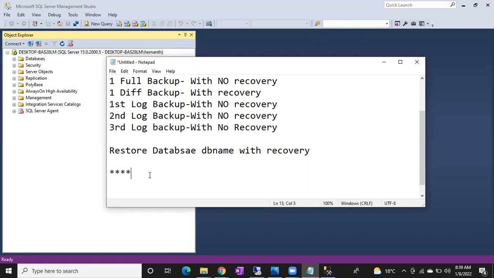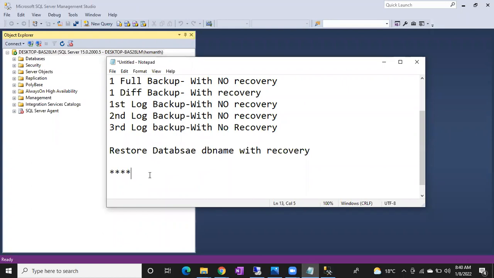Lower to higher, any version is possible, you can restore. But higher to lower, you cannot, even from 2019 to 2017. The next lower version also you cannot restore. Remember, guys, higher to lower is not there. Remember this one point: there is no downgradation in SQL Server. Always you can upgrade from lower to higher version only.